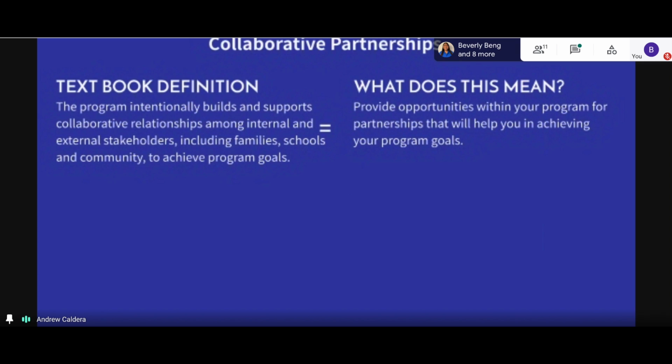We do still do collaborative partnerships with our schools. For example, at my school, we recently did a family literacy event. I know we teamed up with LaDesma for that, and we were able to do a partnership with our school. Our community liaison helped us. And we did a partnership with the LA County Department of Mental Health, and they were able to provide a workshop on grief and loss.